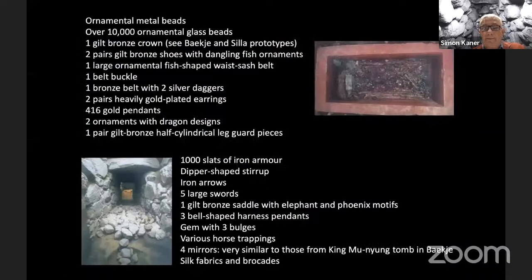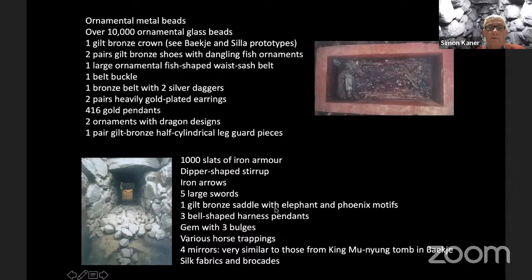Here's just a little bit of a breakdown of the materials that were there. Gilt bronze crowns, gilt bronze shoes, all sorts of incredibly ornate accessories, belts. There are earrings. We think, in fact, there were the remains of up to 3 people found in this one sarcophagus, 2 of whom were probably male. The preservation of human remains is not wonderful, as it wasn't in the tombs that Gowland investigated either.